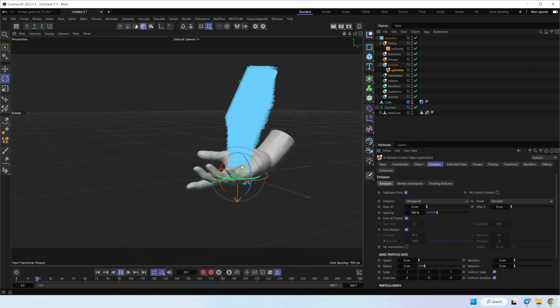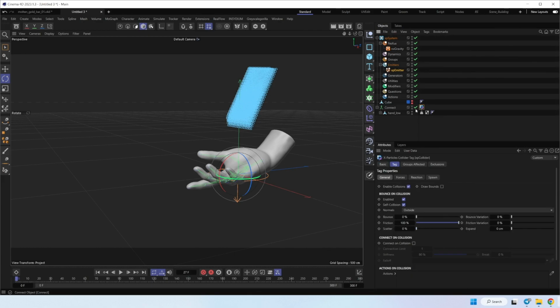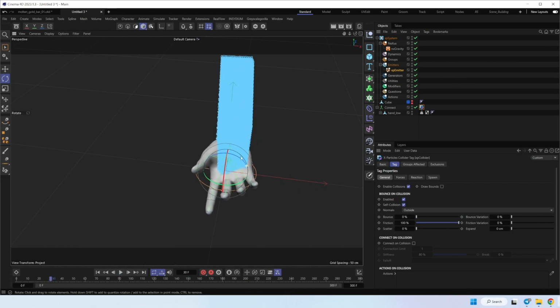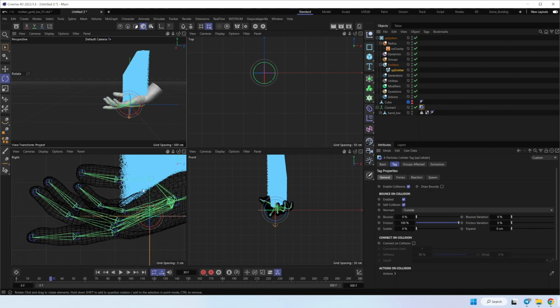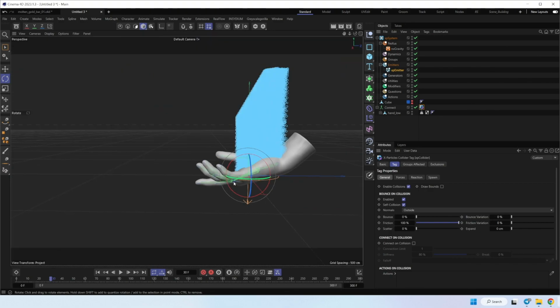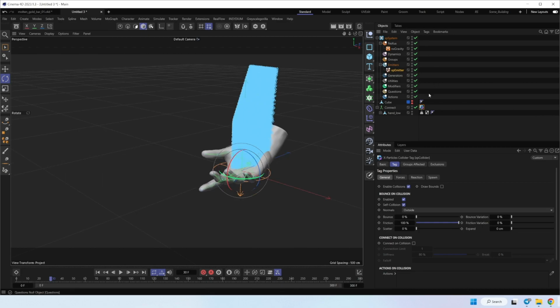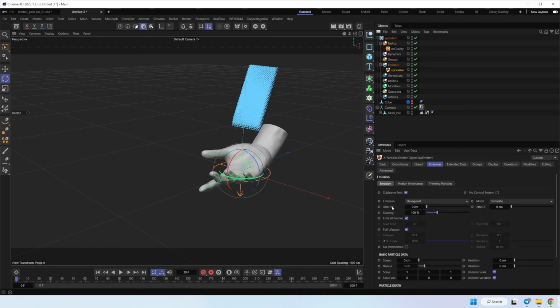Now it's much faster, and sorry, we have to place it here. Great. Now it works, but as you can see, we don't see any geometry because it's just flattened on the hand, so we have to add a few things to the simulation system. And we have to change settings inside the emitter.